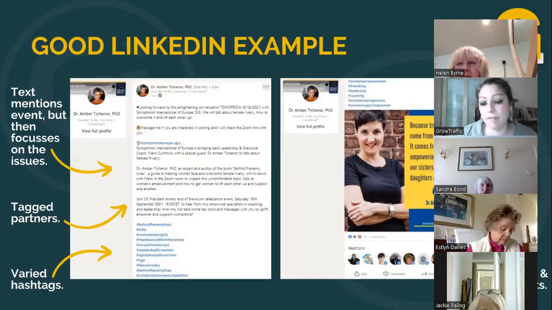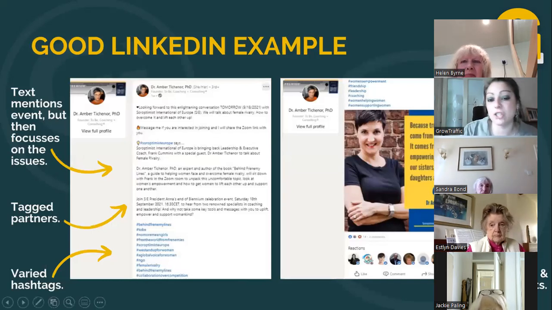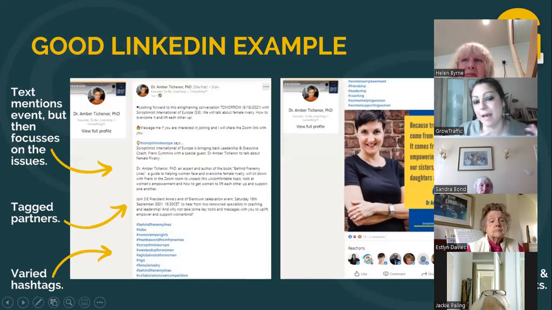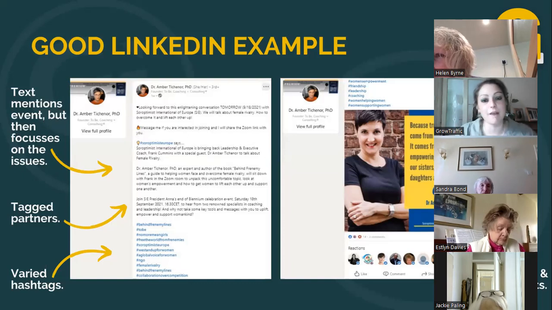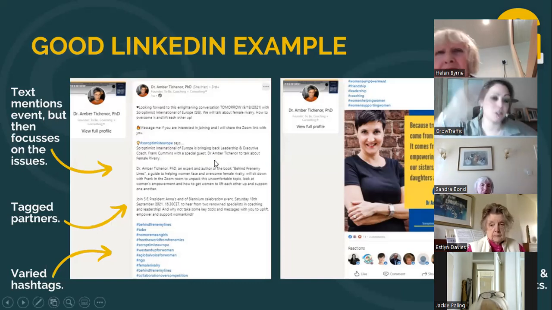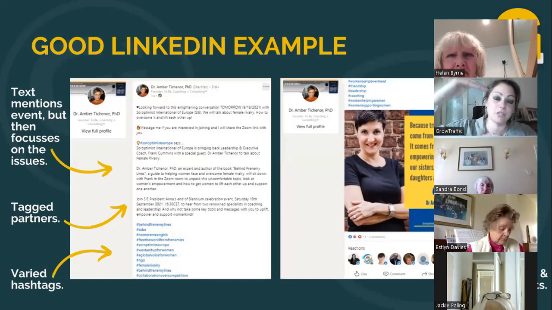So here's an example of a really good LinkedIn post. Again, what we can see here, she's got a bespoke graphic that she's made. It's got a quote, really easily shareable. Somebody could download that graphic and it would work on Instagram, Facebook, LinkedIn, Twitter, so it's a reusable graphic that somebody could take and share for themselves. So that's really good. She's got a really good, meaty description there.